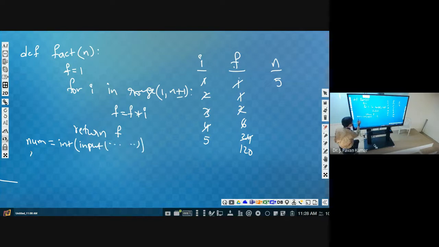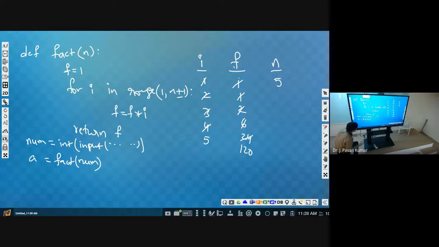Then here you can store into another variable. Why? Because we are returning from here, so we can store that result into another number. Earlier we printed here only, so it was not returning any value, but now we are returning the value of the resultant, so that will be returned.